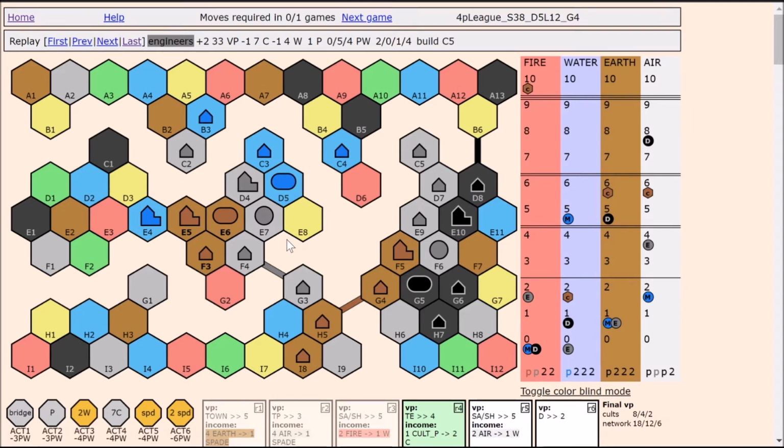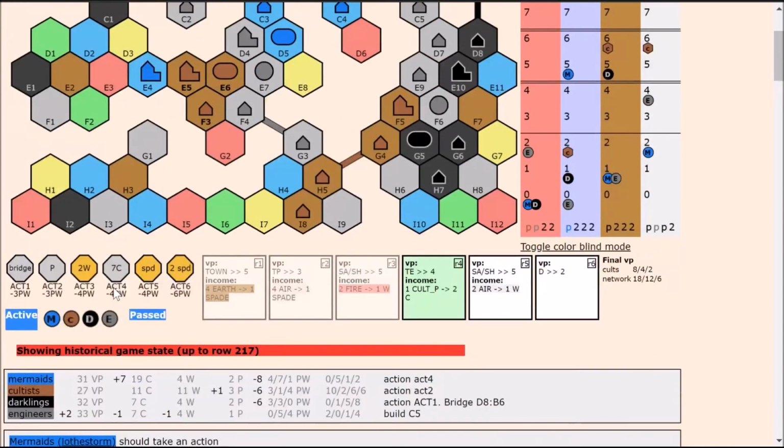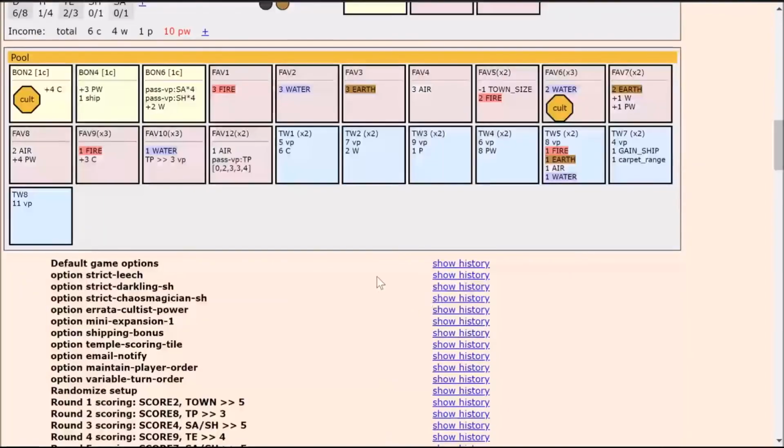But actually, on further reflection, I realized that while it's still right for me to take the priest, I should not take the coin, weird as it seems. Specifically because it's a priest income round. It's actually, I'm fairly sure, better to take the shipping scoring tile. Shipping town tile, I should say. If we compare the values of these,